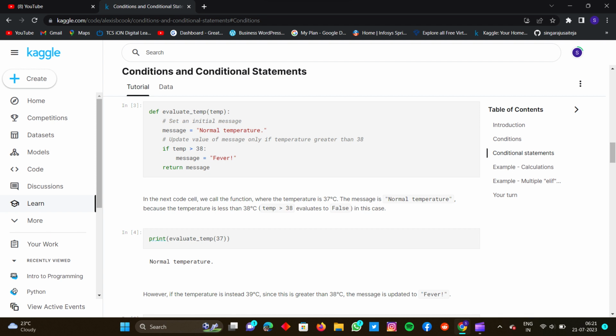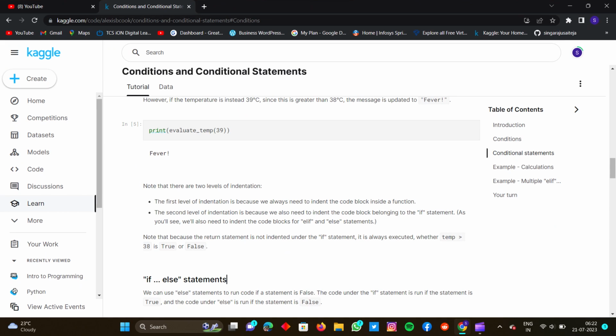In the next code cell, we call the function, where the temperature is 37 degrees Celsius. The message is normal temperature, because the temperature is less than 38 degrees Celsius, so temp > 38 evaluates to false in this case. print(evaluate_temp(37)) Normal temperature. However, if the temperature is instead 39 degrees Celsius, since this is greater than 38 degrees Celsius, the message is updated to fever. print(evaluate_temp(39))